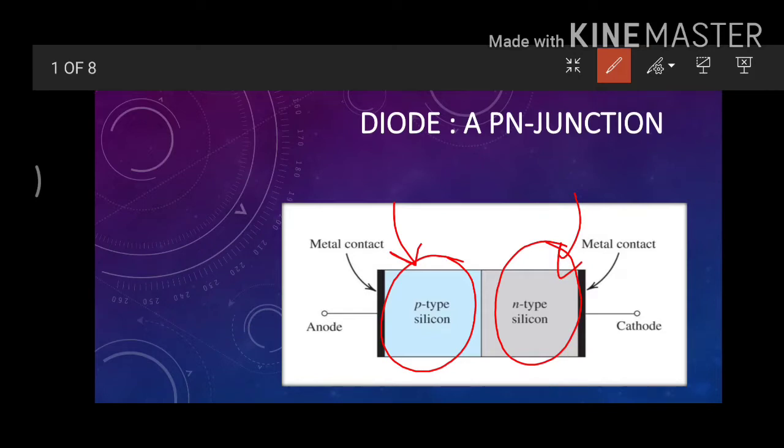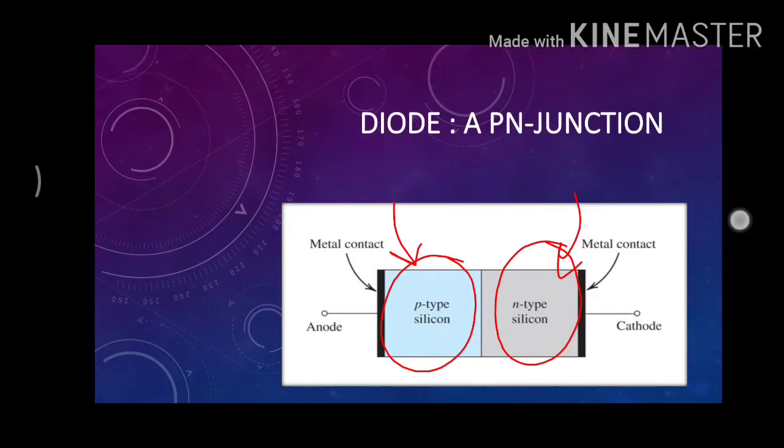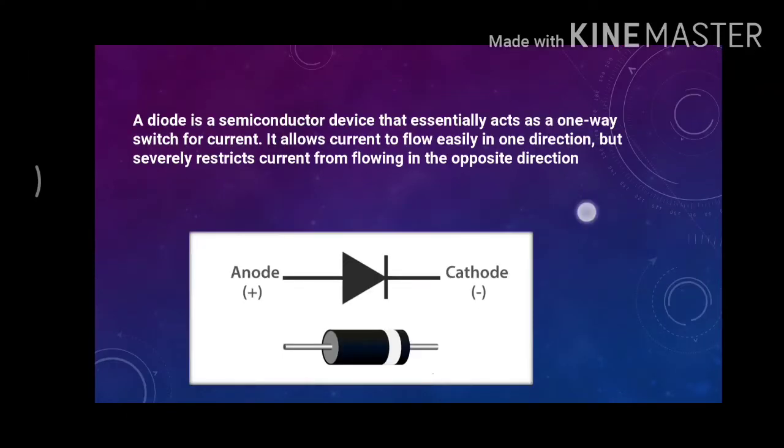First we will talk about the diode at a glance, what the basic principle of a diode is and what its basic uses are. Then we will talk about the working of the diode, how a diode works and what the role of the PN junction in the diode is. So we will start with the definition: what is a diode?